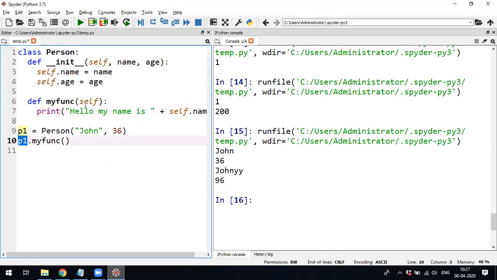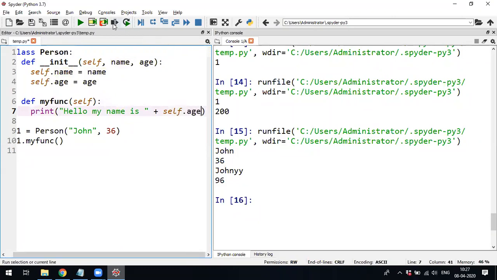When p1 is calling, this self has become p1. Now p1 dot name. That is the advantage of this. With the keyword self, it is not always self. You can give any name. That self dot name. If you want to print the age, you can change to self dot age.